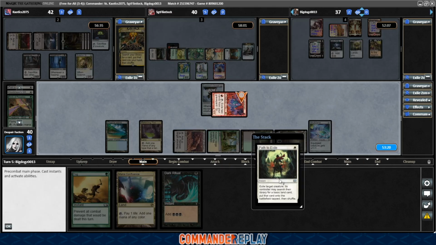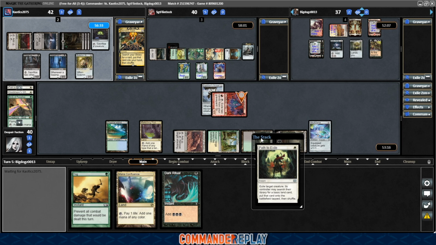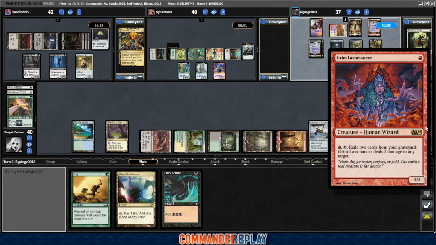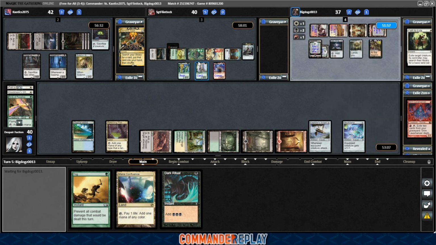Phyrexian Arena for opponent. Opponent's gonna Path to Exile our Grim Lavamancer. I mean, we kind of need the mana fixing, to be completely honest. Use the ability. Get a mountain. Though I was really hoping to shoot some stuff with the ability. I mean, if they're burning a Path on that, honestly, I'd rather that Path got burned on something scary from opponents, but...